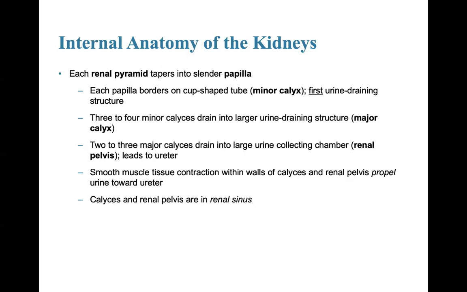So you can see as you're moving from the nephrons, which are the basic structural and functional units of the kidney, how urine is going to drain away from those and then eventually lead to the ureters, where they will then travel to the